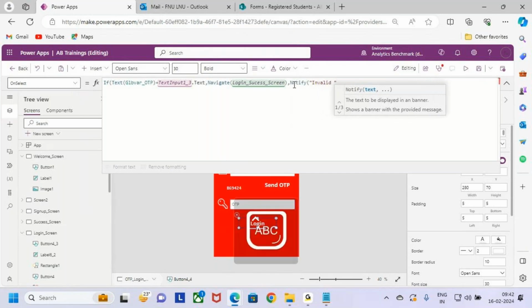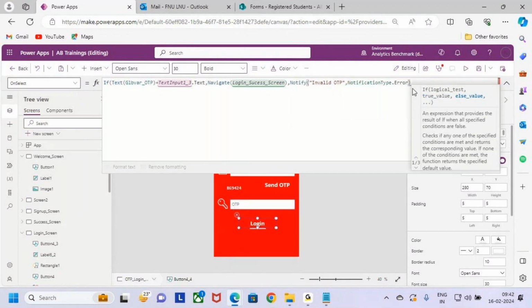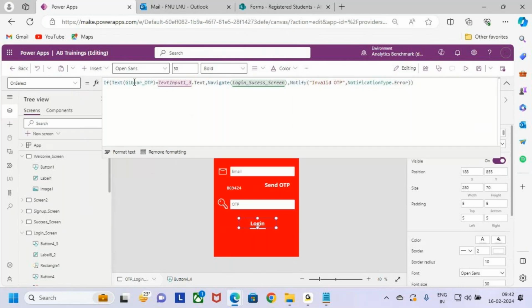Invalid OTP. Now what's the message type? Error. What is the notification type? Error. Close it and close the if condition. Simple. What I'm doing here is, on select of this button, what